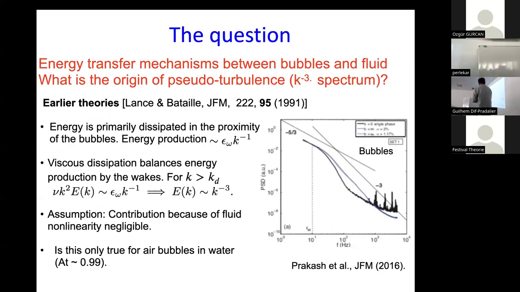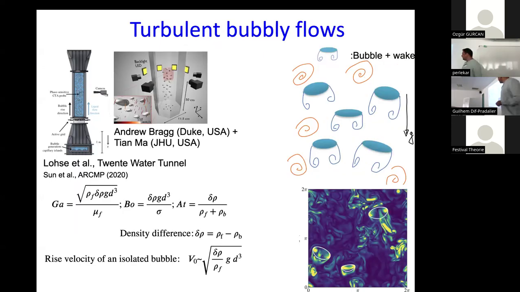So as I mentioned, this is an old problem. So the Reynolds number is the same as the Galilei number. Typically the square root of Galilei is the Reynolds, and one easy way to see it is that the velocity of the bubble is the square root of delta rho by rho g d cubed. You multiply it by the size of the bubble divided by the viscosity, and you get a Galilei-like number, square root of.